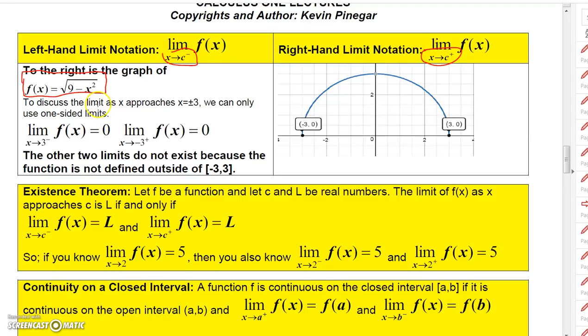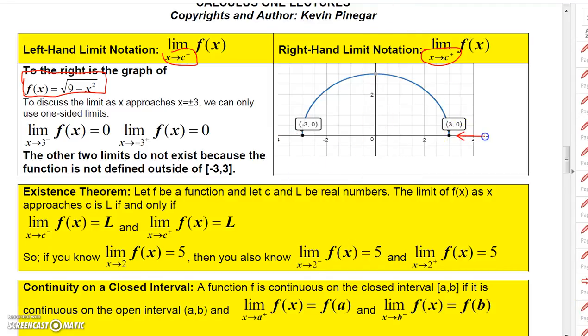Well, to discuss the limit as x approaches plus or minus 3, we can only use one-sided limits. Notice that because of the domain of the function, the domain is only values from -3 to 3, so you cannot approach -3 from the left, because there's nothing over there,